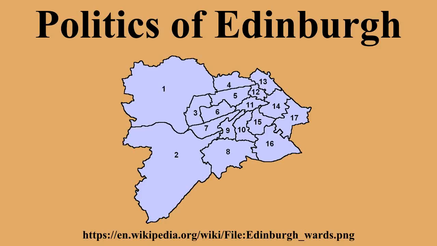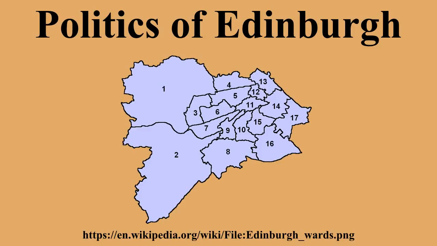As a result of the boundary review, Edinburgh Central constituency was abolished and split between the original Edinburgh North and Leith and Edinburgh West constituencies and an entirely new constituency that was created, Edinburgh South West. Edinburgh East and Musselburgh took in parts of the Edinburgh North and Leith seat, with the town of Musselburgh being transferred into the East Lothian constituency with the new seat renamed Edinburgh East. Edinburgh Pentlands constituency was also divided between the new Edinburgh South West seat and the existing Edinburgh South seat.